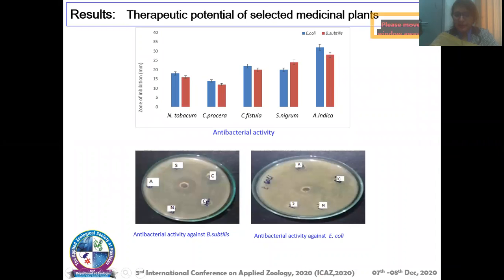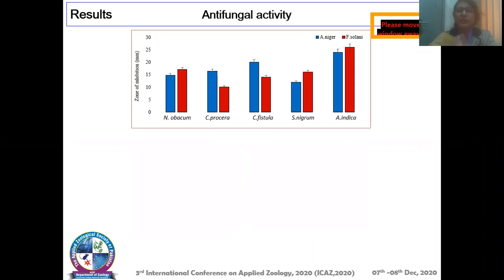Similarly, antifungal activity was performed using the bioactive components extracted from these medicinal plants, and maximum antifungal activity was found in the bioactive components of Azadirachta indica, and these were also evaluated for their